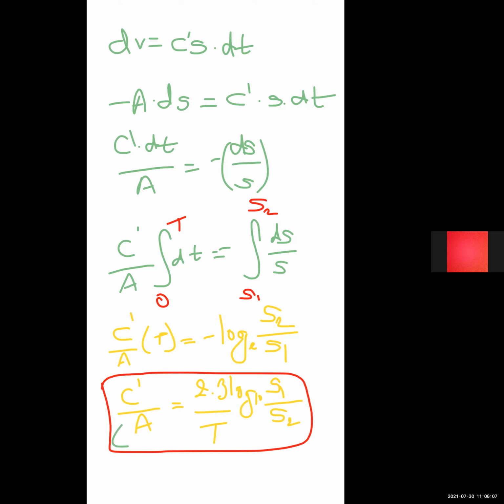So the unit of this value is cubic meter per second per square meter area under a unit depression head. So knowing the value of C dash by A, that is the specific capacity of the open well, the discharge Q for the well under a constant depression head S can also be calculated.